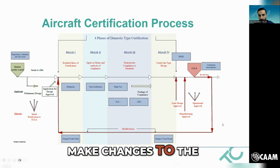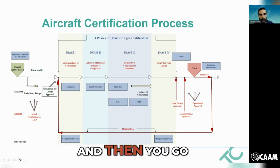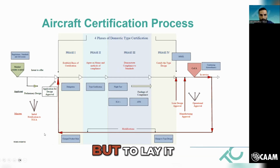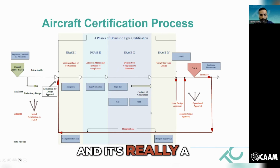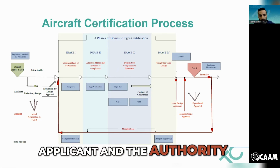When you have to make changes to the type design, you assess it through something called change product rule, and then you go through that phase again. So it's a complex process, but to lay it out simply, there's these 4 phases. And it's really a collaborative effort between the applicant and the authority, Transport Canada,